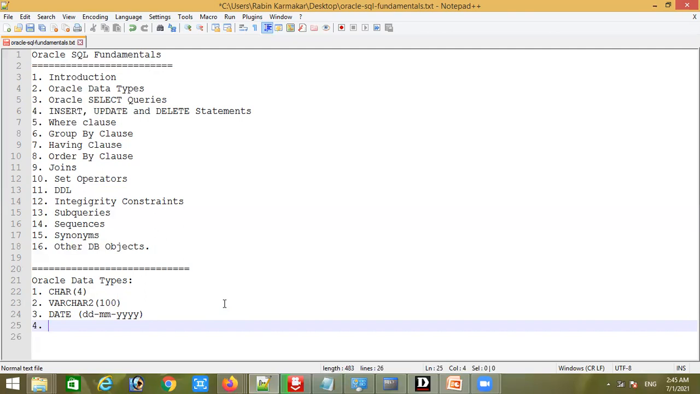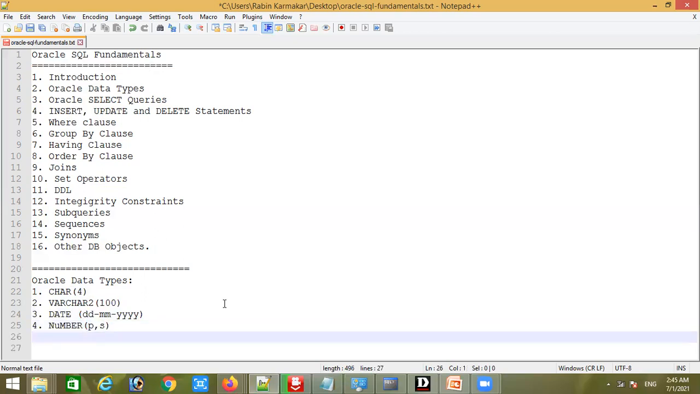number four is number. Okay, number is a data type. And here, P and S, I'll tell you what P and S are. So in the number data type, P is the precision and S is the scale. Okay,